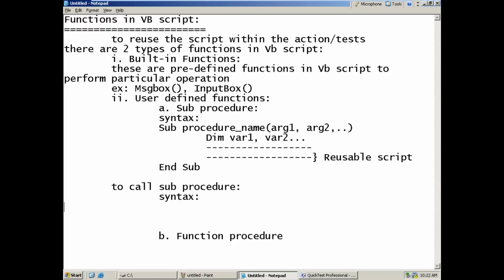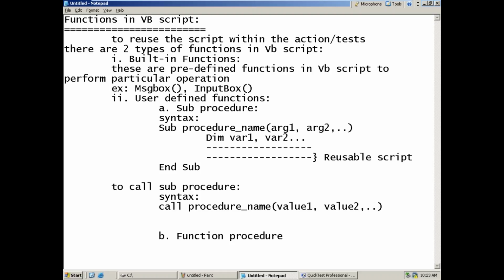The syntax: you can use Call as the keyword, then the procedure name, then value 1, value 2, like this, if you want to call the sub procedure.